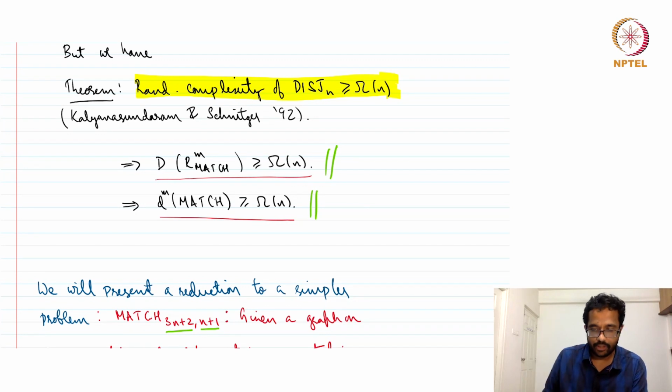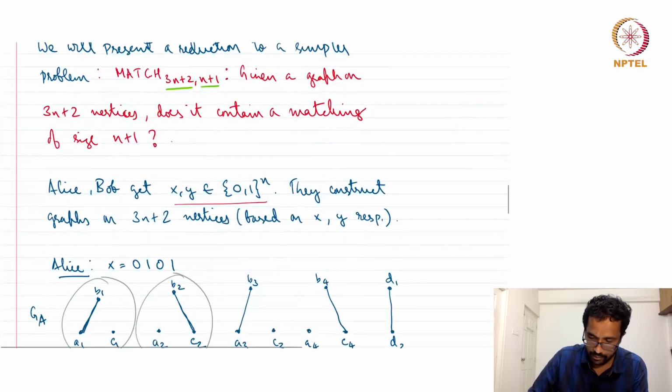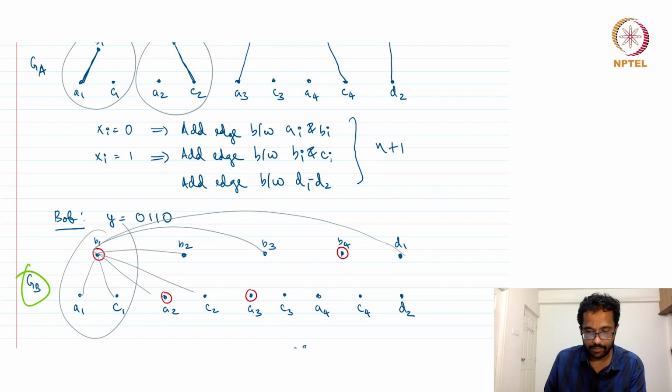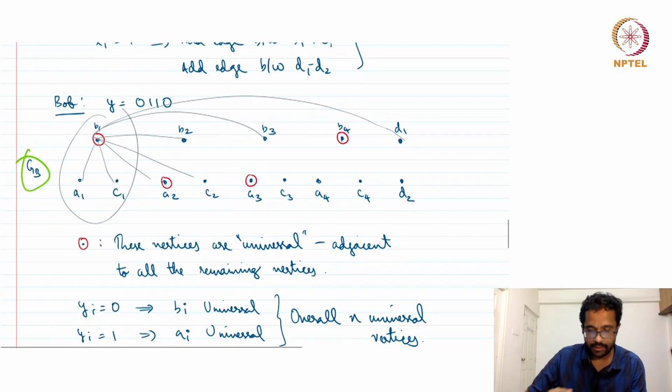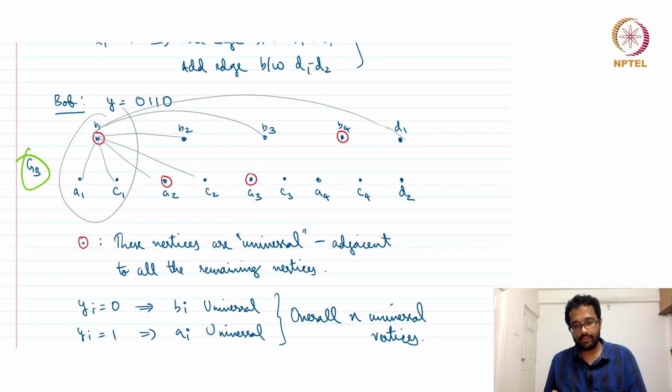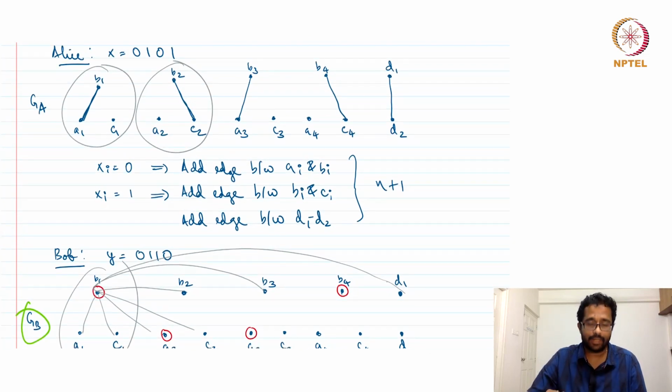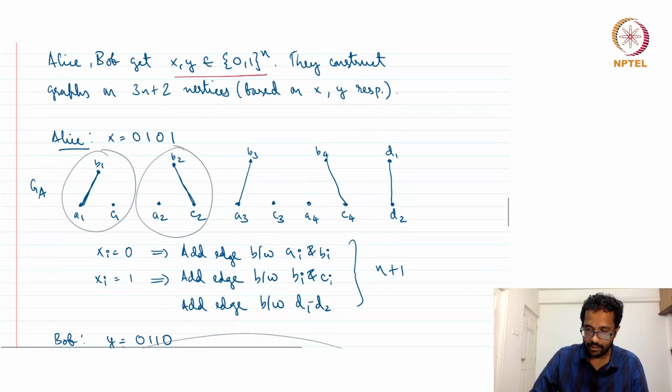And since the randomized complexity of disjointness is at least linear, this implies that the deterministic complexity of R match is at least linear, and hence the monotone depth complexity of matching is also linear. And the reduction was just a simple graph. Alice's graph was just a matching of n plus 1 edges, and Bob's graph is just a bunch of universal vertices. So by construction, we ensured that Bob's graph does not have a matching of size n plus 1, and Alice's graph has a matching of size n plus 1. And the key thing was that